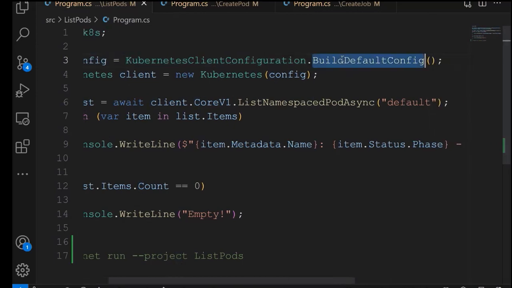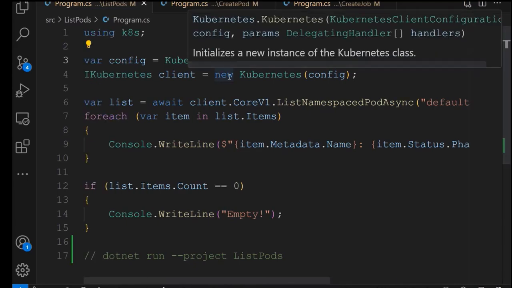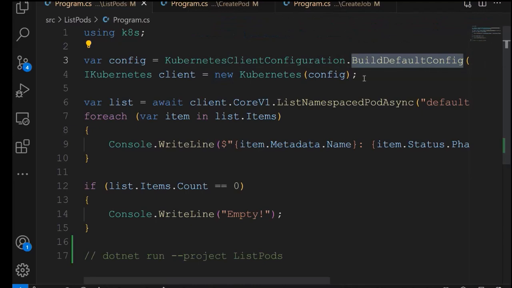And we can see here that I'm using the build default configuration. This is going to pull the authentication context out of that kubeconfig file that happens to live on my C drive somewhere. I'm then going to instantiate a Kubernetes client. This is a lightweight HTTP proxy. Usually in .NET applications, we instantiate these as singletons and let the HTTP client pool manage all of the connections